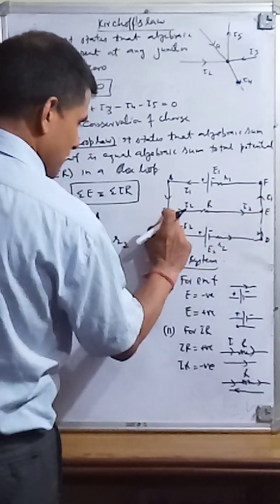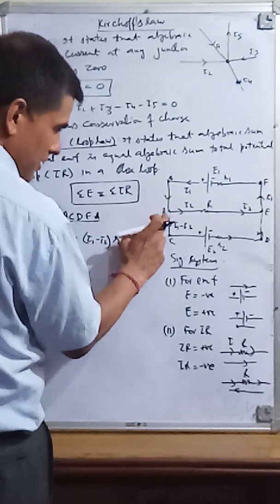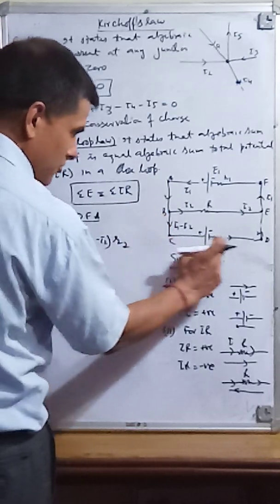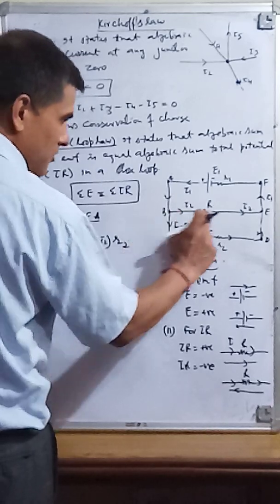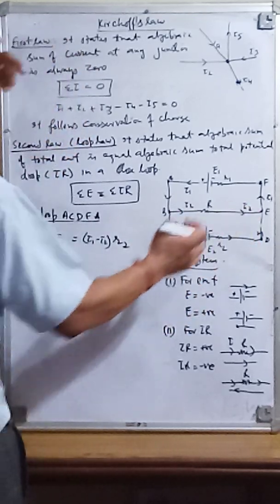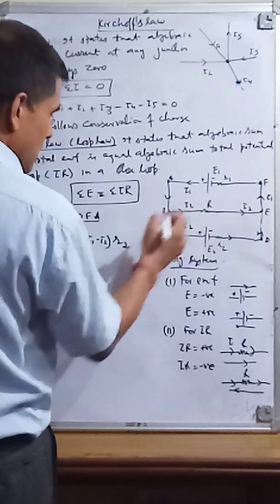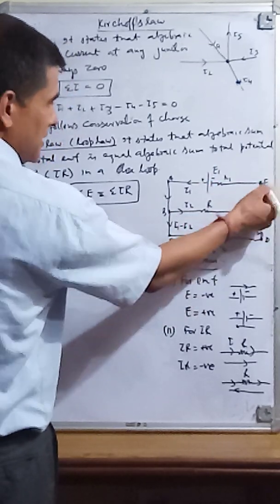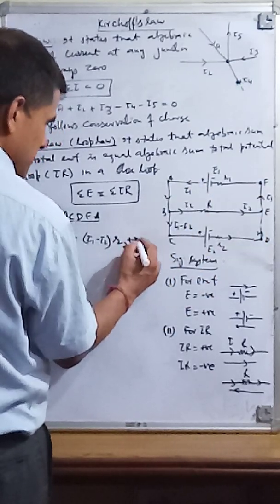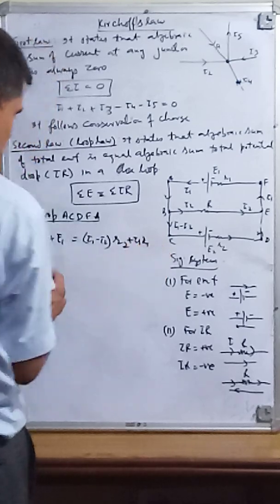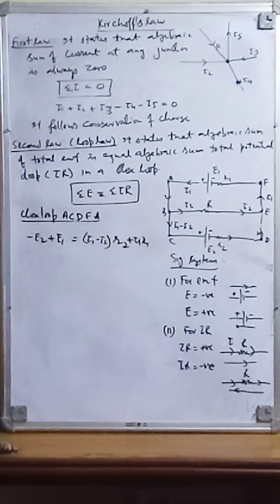Look at this one. If I have put the current, then the current from here to here will be I1. If I have written I1 minus I2, then the current from here to here will be I1 minus I2. If I have written I2 here, then the current from here to here will be I2, right? So the current I1 is coming in this direction, so in this resistance it is I into R. Now what will the sign be? Current is going in this direction, and I am also going in this direction, so I will take the positive sign, and that is I1 R1. So this is the equation of this one. Now you can solve it, right?